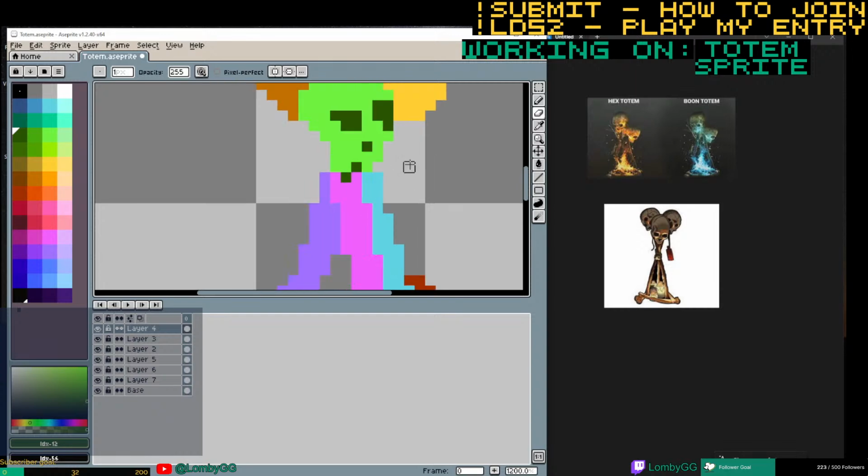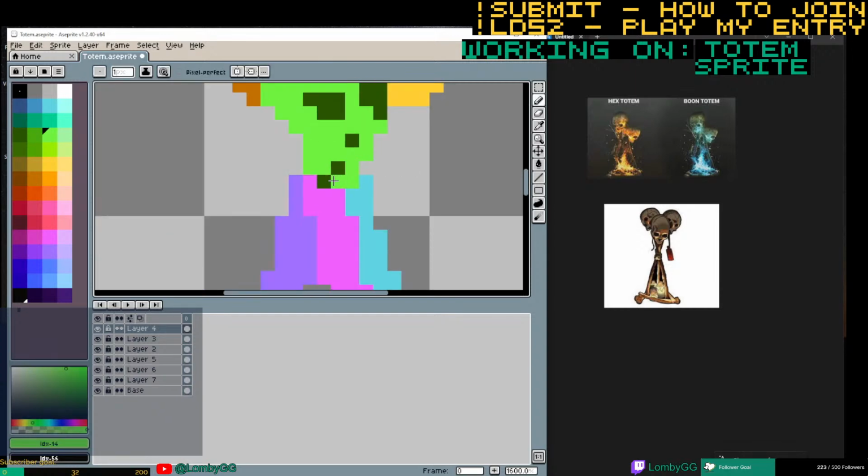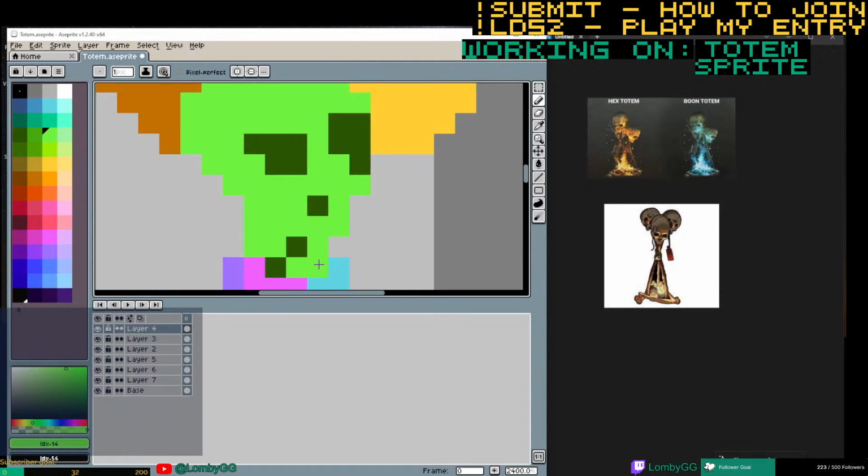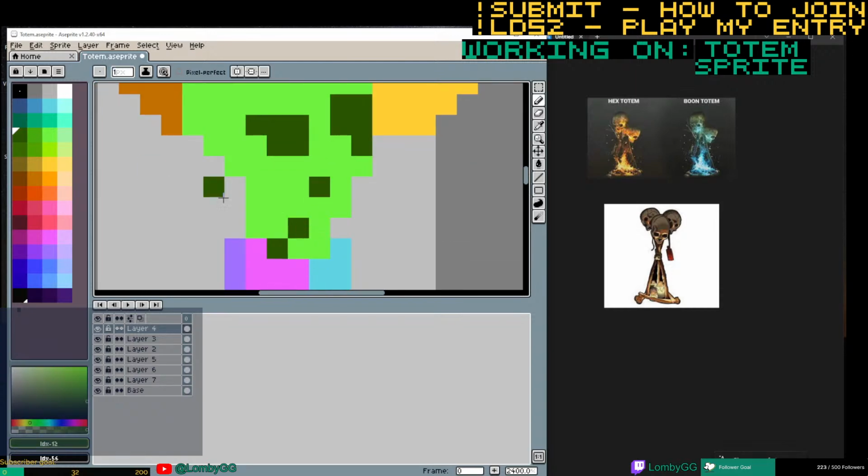So just having a look at doing a totem from Dead by Daylight. Something probably more to use for thumbnails and stuff like that, but I think maybe doing something like